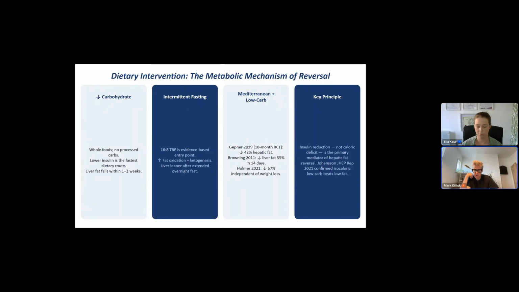And the reduction occurred before significant weight loss. So that's an interesting one. It's not that people will see weight loss. And there was another study where